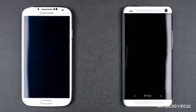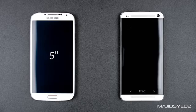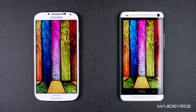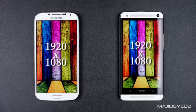Now in terms of screen dimension, the Samsung Galaxy S4 is about 5 inches and the HTC One is about 4.7 inches. Now as we mentioned before, both these two devices boast a 1920 by 1080 screen. That's a really high resolution screen for a smartphone, and a lot of phones are coming out with super high resolution displays. But one of the things that I want to mention is that a lot of people are not